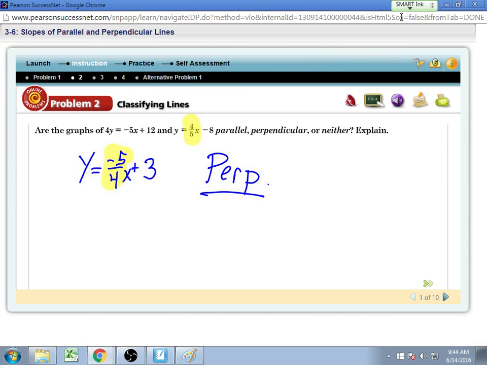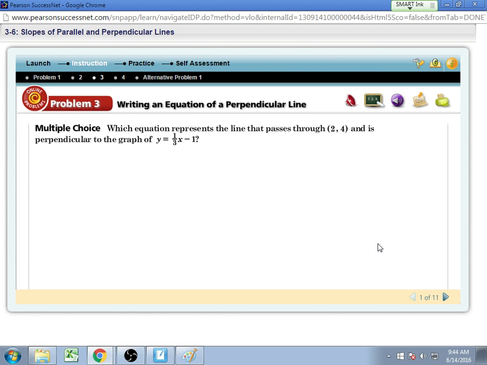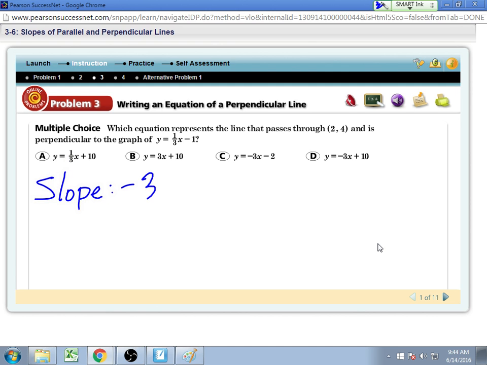So what I'm really looking for is finding an equation of a perpendicular line. In this problem, you will write an equation of a perpendicular line. Which equation represents a line that passes through the point (2, 4) and is perpendicular to the graph of the equation y = 1/3x - 1? Your choices are A, y = 1/3x + 10, B, y = 3x + 10, C, y = -3x - 2, and D, y = -3x + 10. A negative 3, the opposite reciprocal, and then I know my point